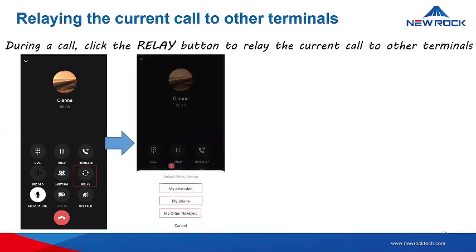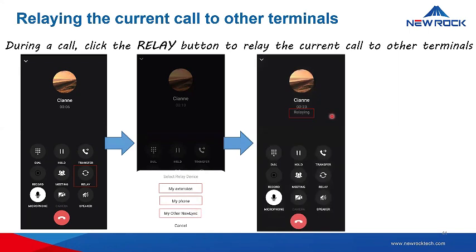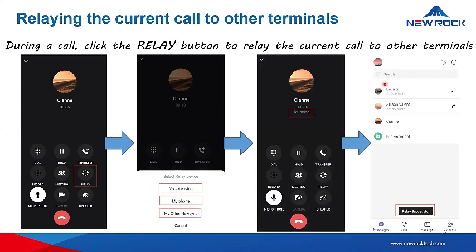So I have to click this one and select the relay device. I can choose my extension, my phone, or my other Newlink device, right? So I have to choose which device I need to relay the call to. After that, it shows here relaying the call, and it shows you that the relay is successful.